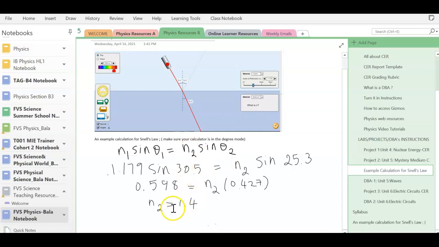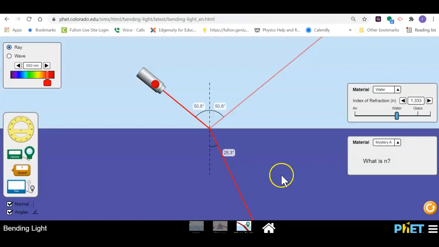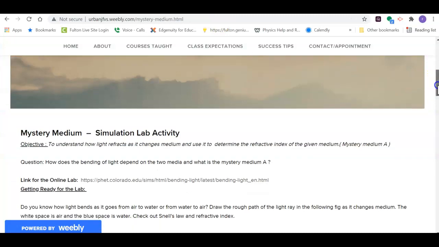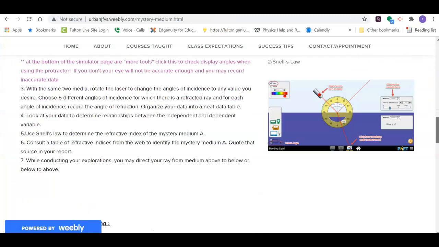Solve for it. Now this will help you identify what the second medium is. So consult a table of refractive indices, and that should help you solve for your mystery medium. Now, going back to writing the report, we want to make sure that we visit the rubric and know how we are graded